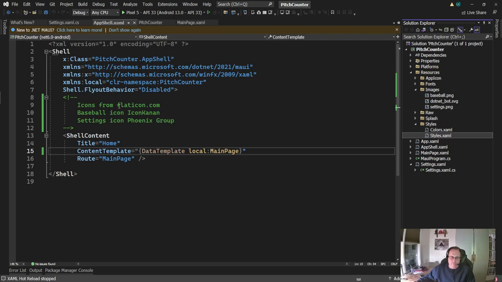Both icons came from flaticon.com. The baseball one is from IconKanan, and the settings one is from the Phoenix group. I have to give the shout out because I don't pay for these, so I have to give credit where credit's due. Okay, so to modify this, what we're going to do is we're going to end up changing